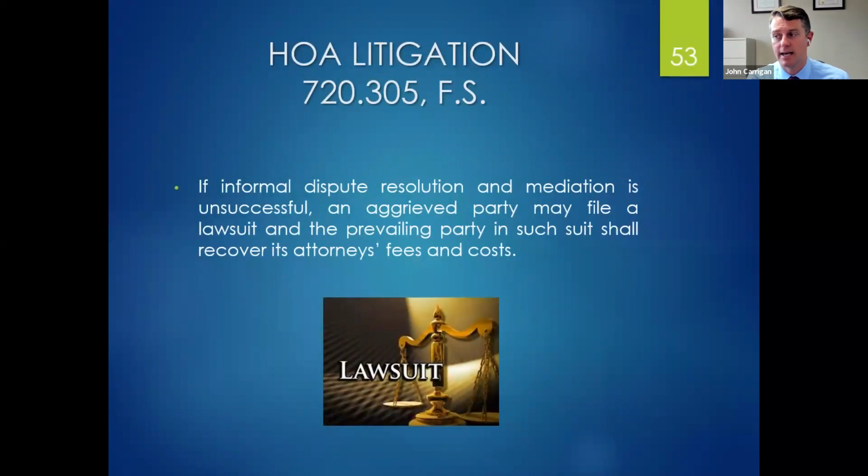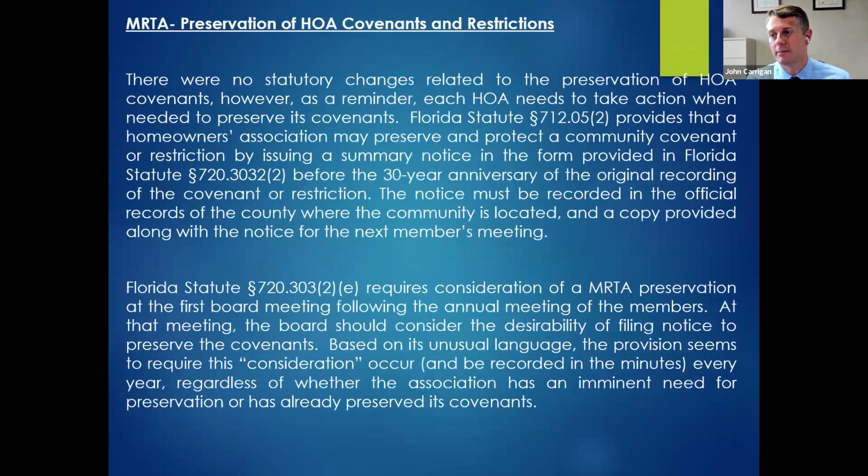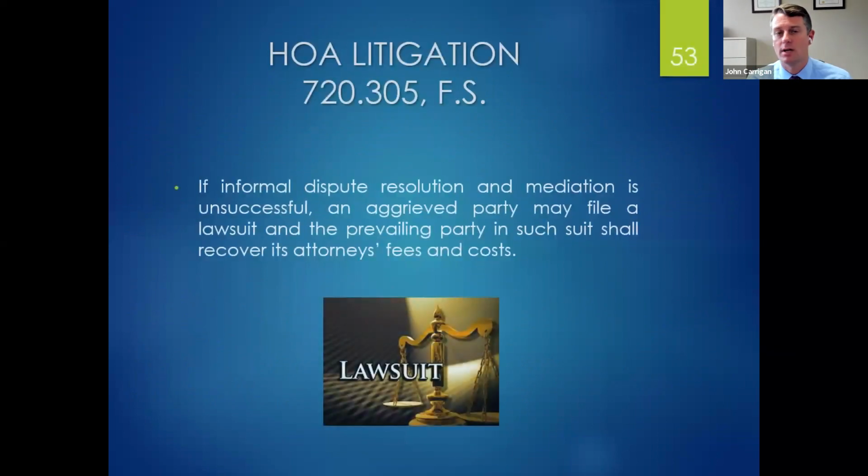And then HOA litigation, again, I talked about this. This is the action for injunctive relief, requesting the court force the owner to comply with the RV parking restriction, the oversized dog restriction, items like that. Importantly, let me jump back real quick. Importantly, attorney's fees, assuming you participated in pre-suit mediation, are recoverable. Two exceptions to that, not exceptions, two caveats. One is